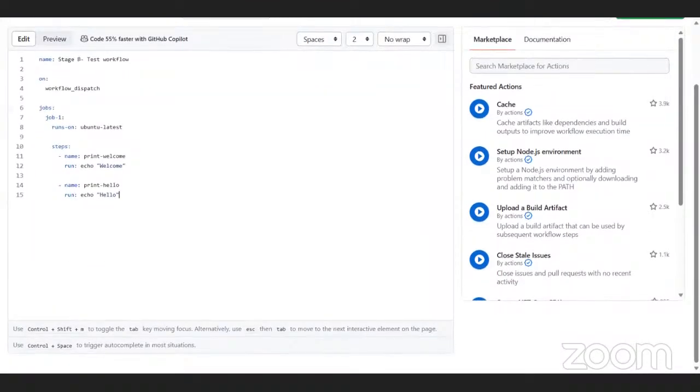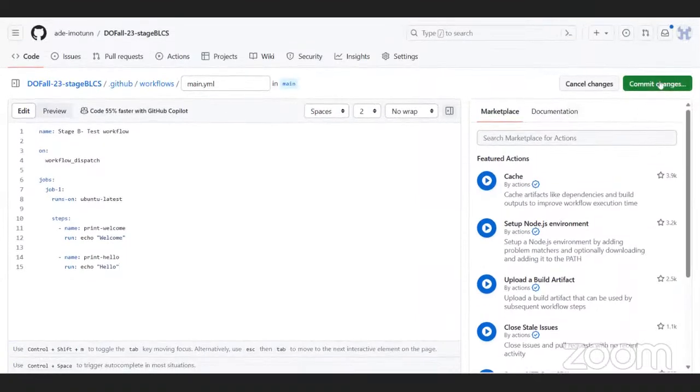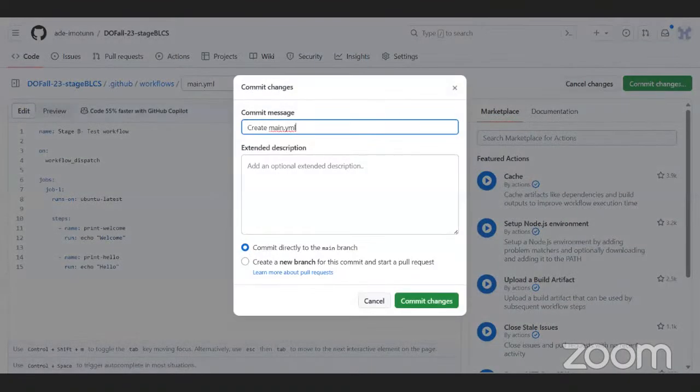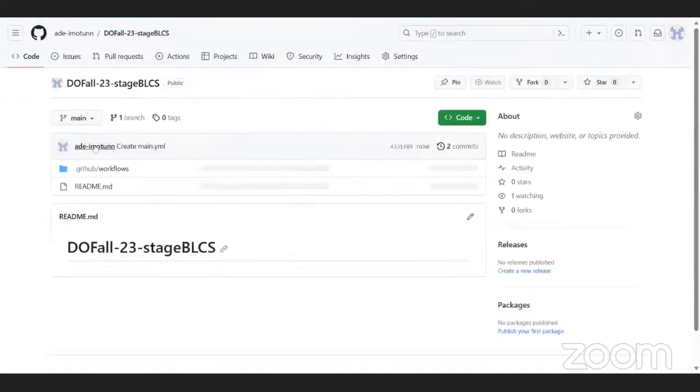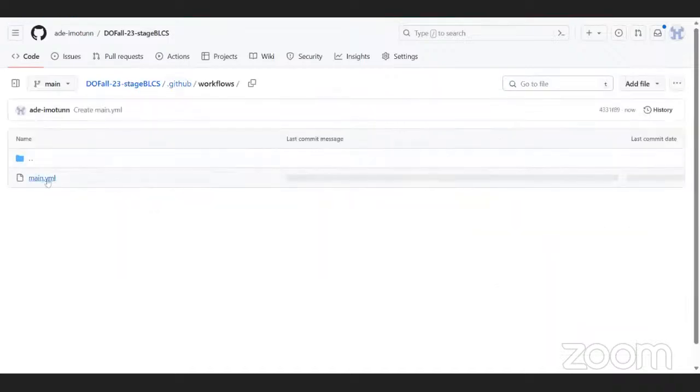So I'm going to commit these changes, create YAML, all of this, commit directly to the main branch, and then commit this change. Workflow. Return to repository overview. So what's the issue? Okay, you can see that it has been created. GitHub does workflows and this. If you come to the repository now, you see that automatically this